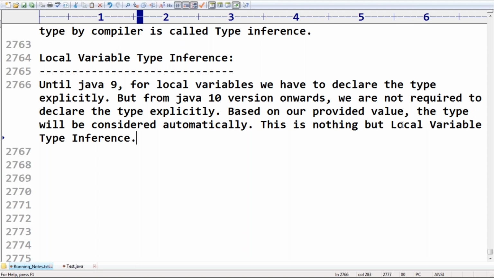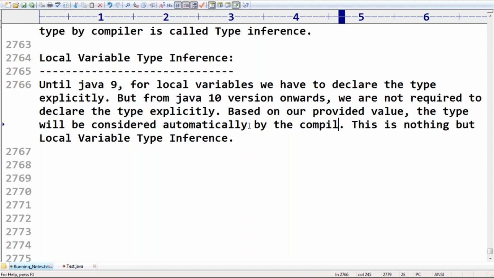Type inference means automatic type detection based on provided value. This concept came in which version? Java 10 version. Based on our provided value, the type will be considered automatically by the compiler. This is nothing but local variable type inference.